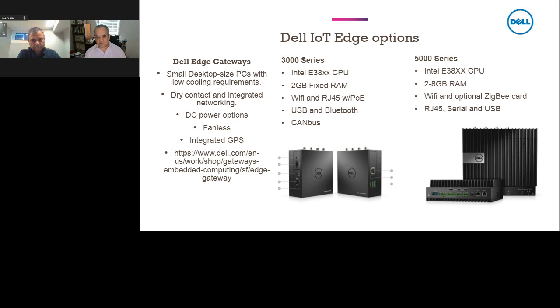The 3000 series and the 5000 series can also communicate with a variety of CAN bus, Zigbee and Wi-Fi systems. So we have wide discretion as to the types of sensors and systems that we tie into. It could be stuff that already exists on the floor that we just need to instrument so that it can be processed, or it could be new stuff that we add to the environment. So operational technology as well as IoT technology can both be integrated into this at the same time.